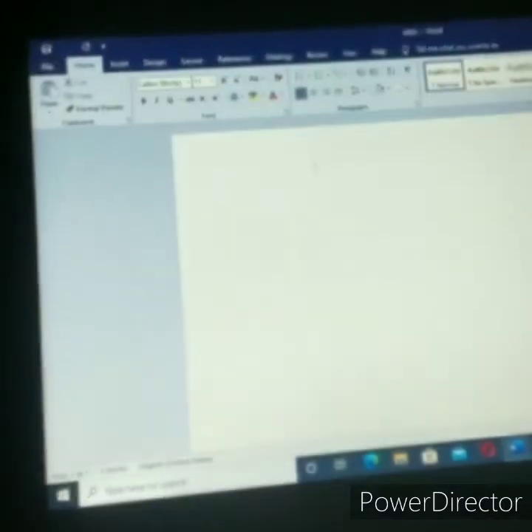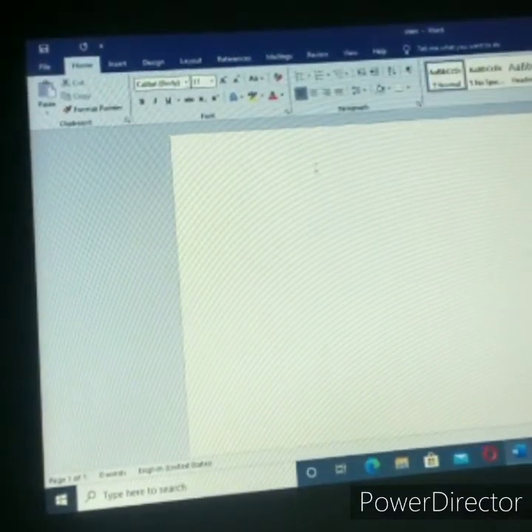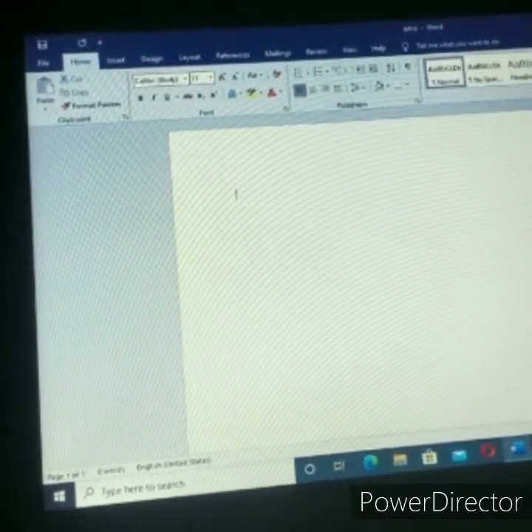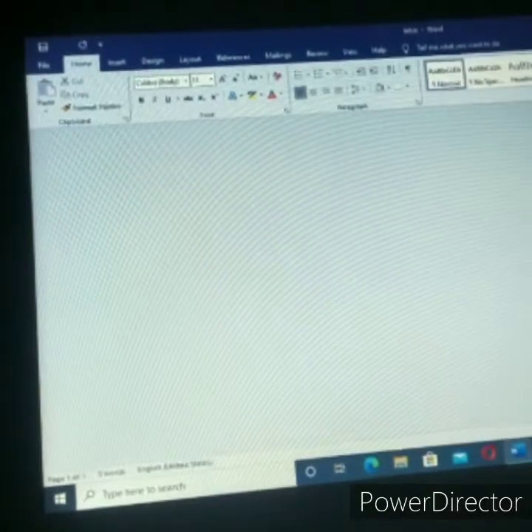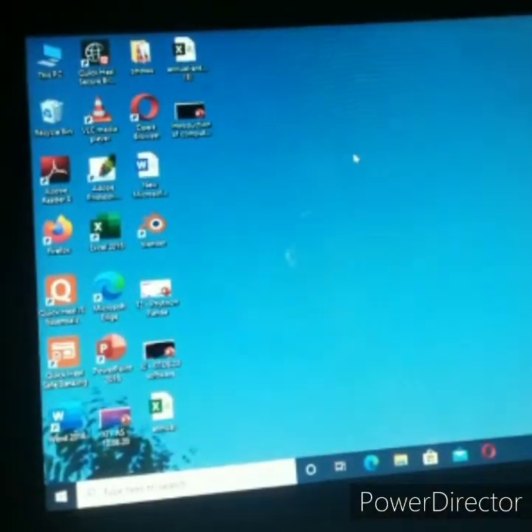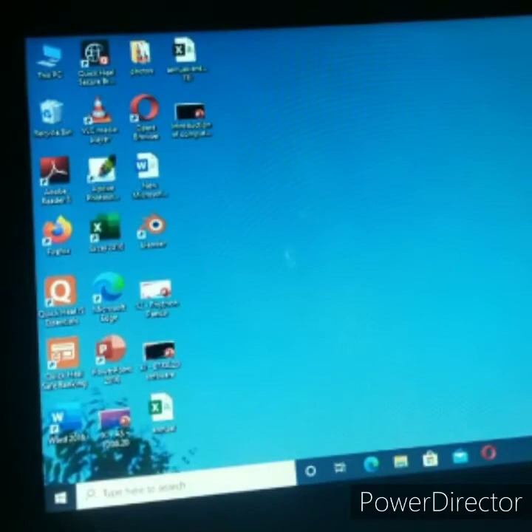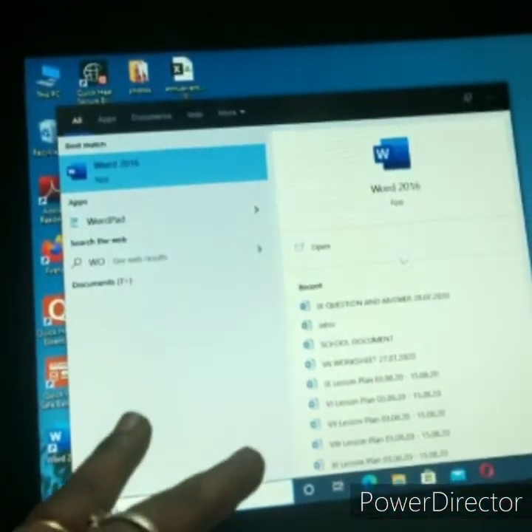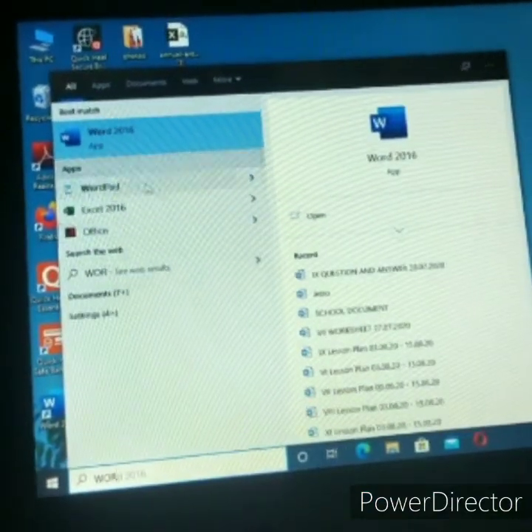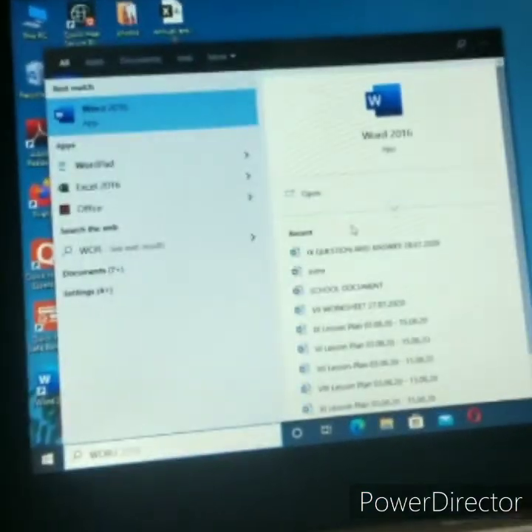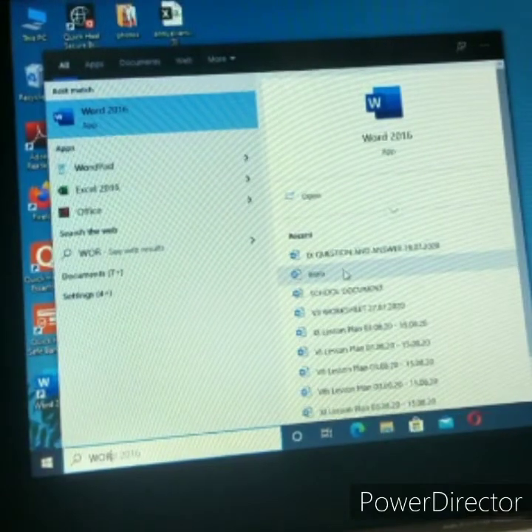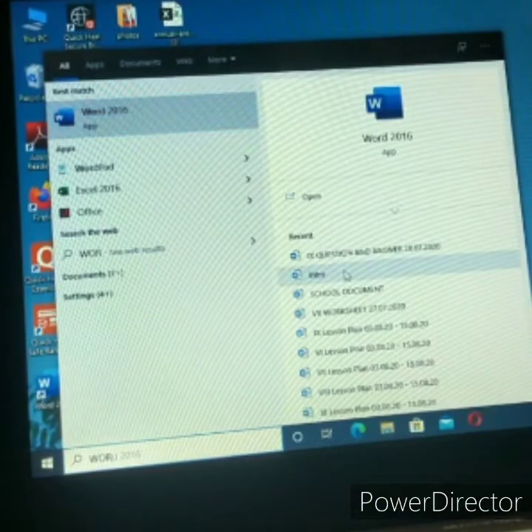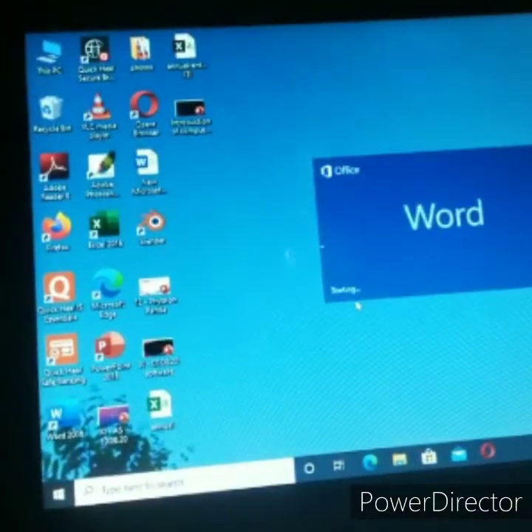Next, come back. Now, how to close your document. If you want to close your document, just click the Close button and it will be closed. Likewise you have to close your document. Again I open my Word document. See here my recent file, so just click it. It is easy to open.